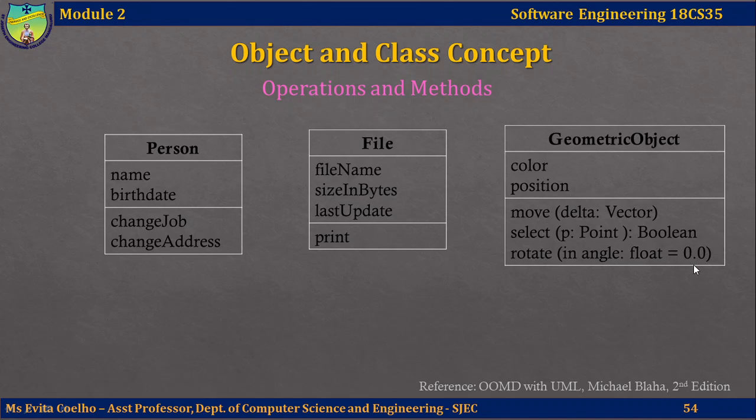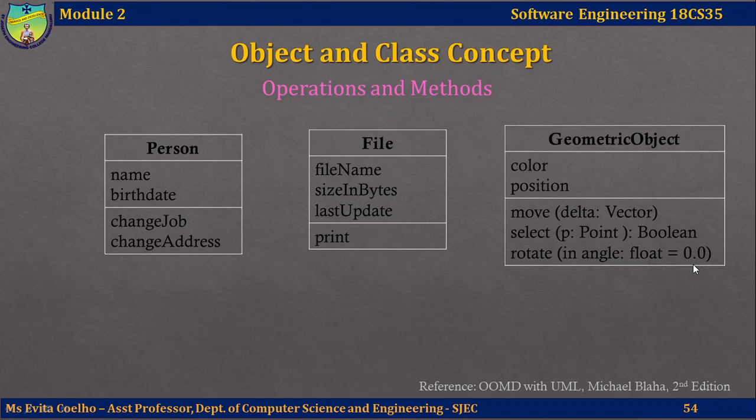So default values are a way for you to avoid errors or exceptions being thrown at runtime, just in case the user forgot to give you the right input parameter or forgot to give any input at all. So do not worry about the implementation details. Only make a note that when you define operations in the third compartment for a class, you can have operations without argument lists at all. In that case, do not specify the parentheses.